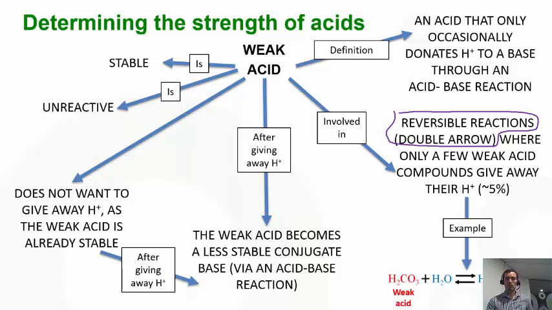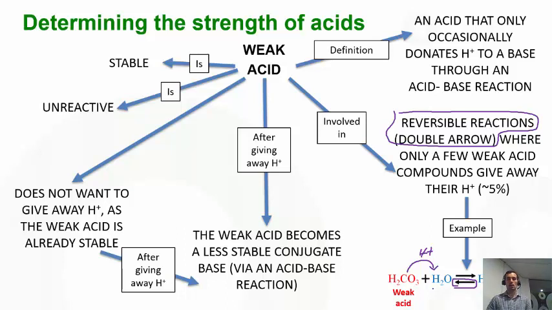So here we can see an example of the weak acid where we've got the carbonic acid, H2CO3, reacting with water to create our compounds on the right hand side here. So in this, if the reaction was going from left to right, we would have the H+ being donated from the weak acid to the water. But notice now that we've also got a reversible arrow here, which tells you that the products can actually be converted back into the